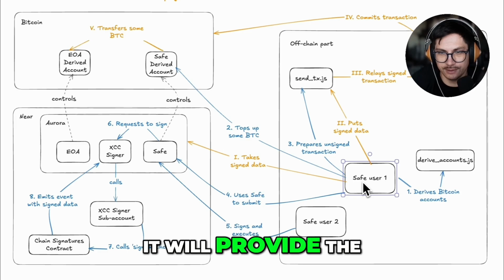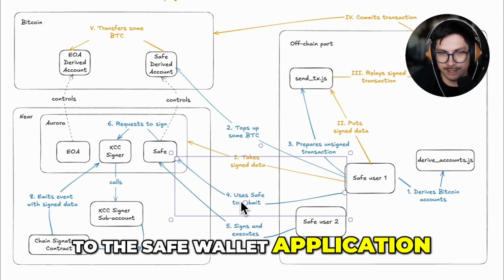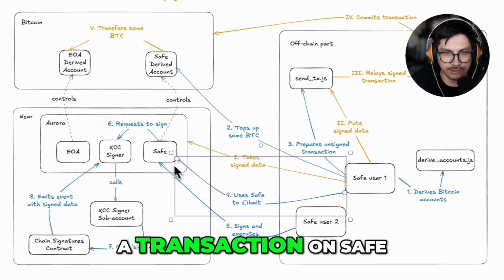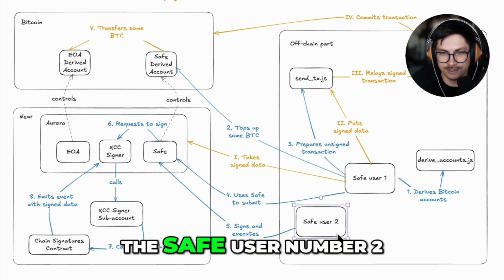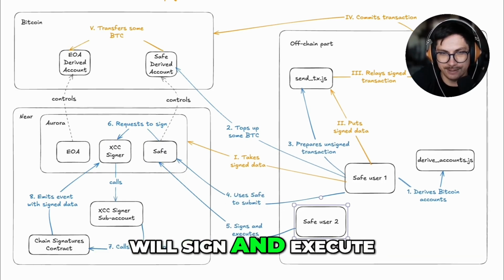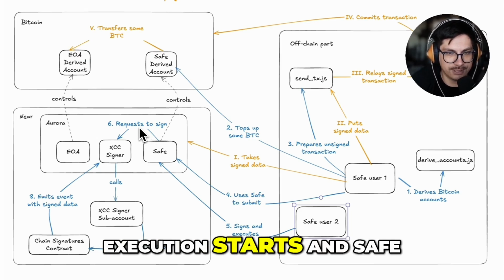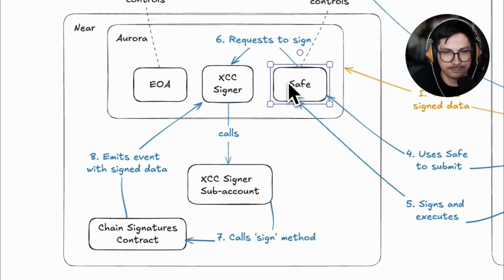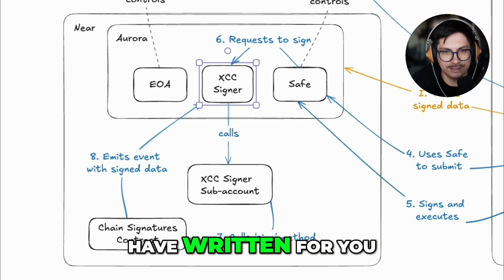It will provide the user with the payload, which then is submitted to the Safe wallet application and used to create a proposal to execute a transaction on Safe. After the proposal is submitted, the other signer, Safe user number 2, will sign and execute it on Safe. And when it's signed, execution starts and the Safe contract requests to sign the payload provided to it by the XCC signer here, a special contract I have written for you,